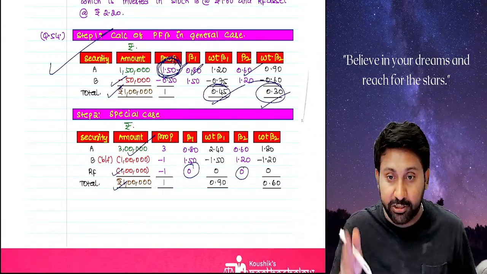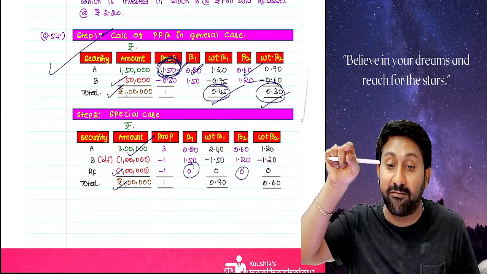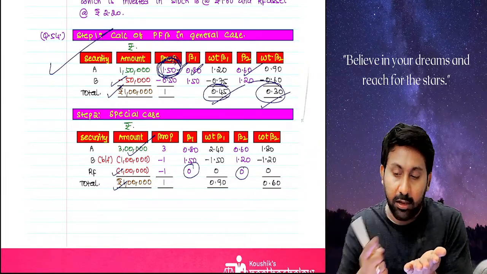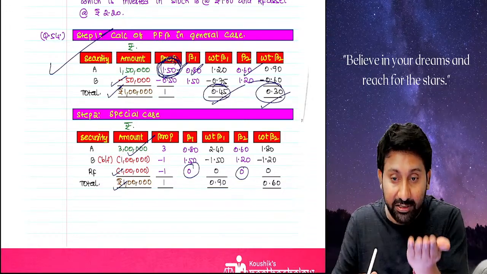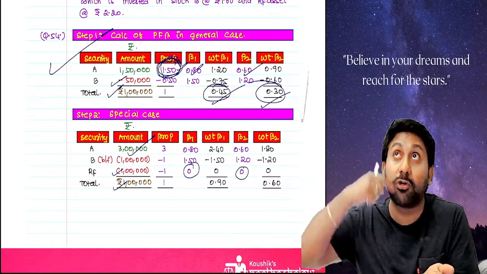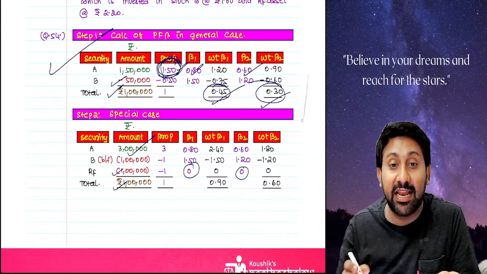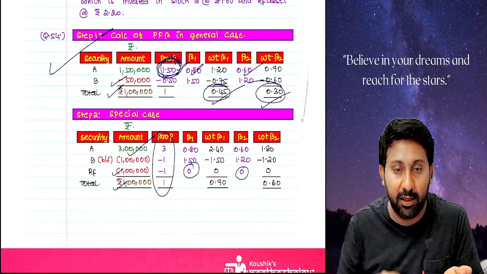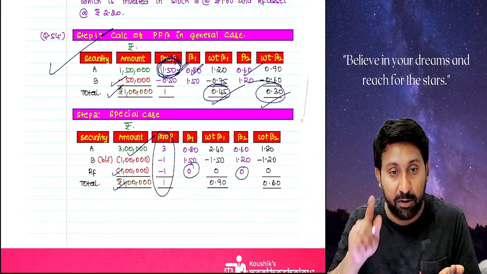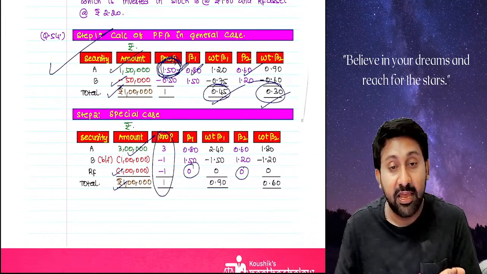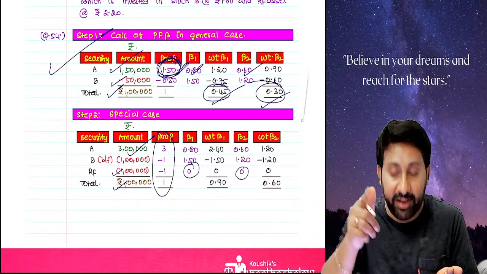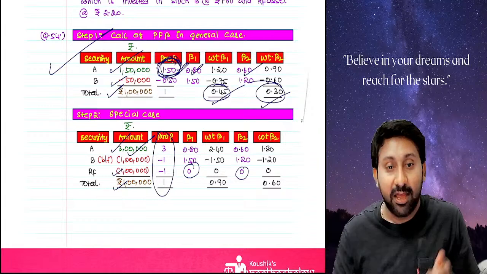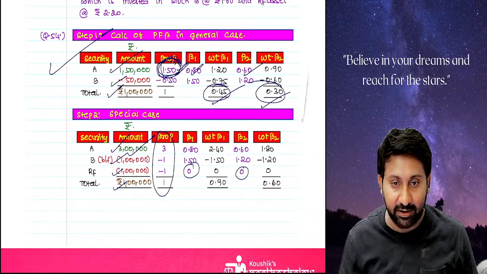Okay, same proportion. He didn't say same value, he said same proportion. How much do I have? 1 lakh. How much did I borrow? 1 lakh. How much do I have in total? 2 lakh. Same proportion of part 1 he has done. Investment is made in the same proportion as in part 1. In part 1, how much proportion is put in A? 1.5. Invested or short sold? Invested. So 2 lakh into 1.5, 3 lakh I invested in A. If I have 2 lakh, how can I invest 3 lakhs in A? By short selling B worth 1 lakh.